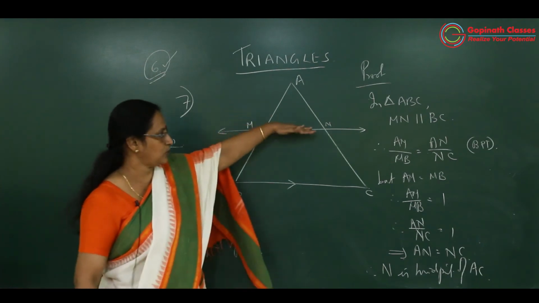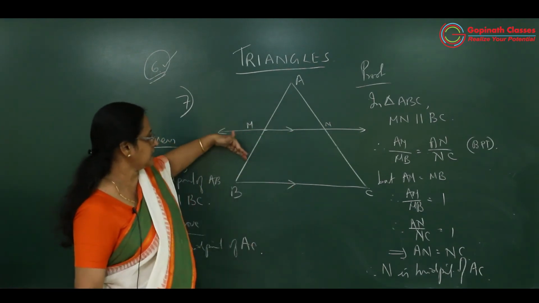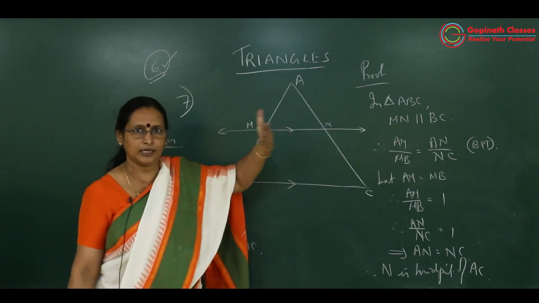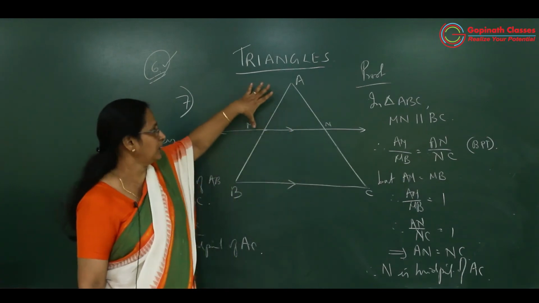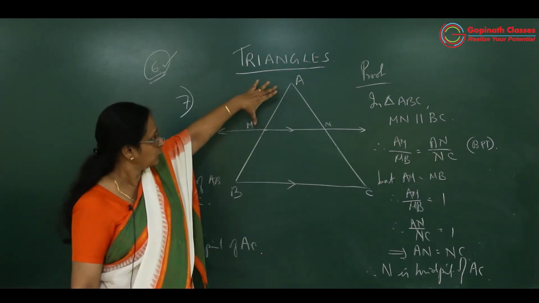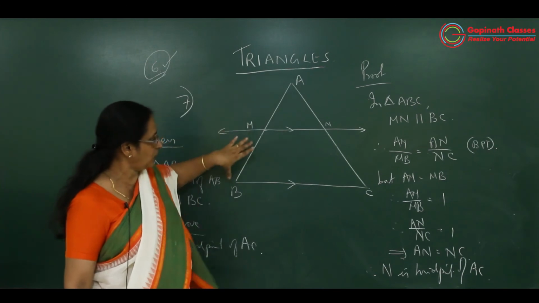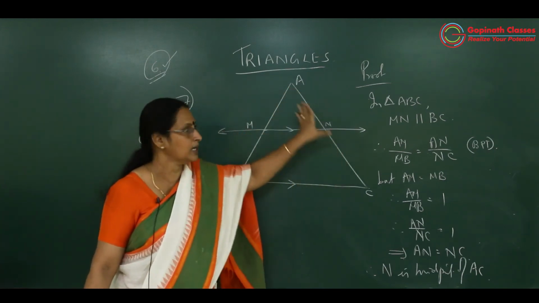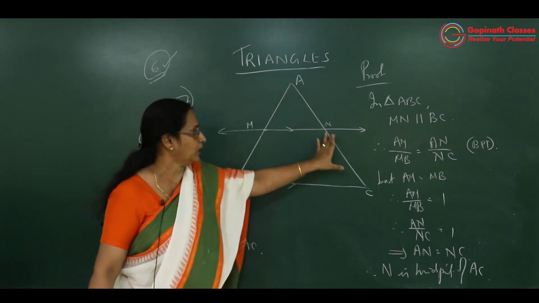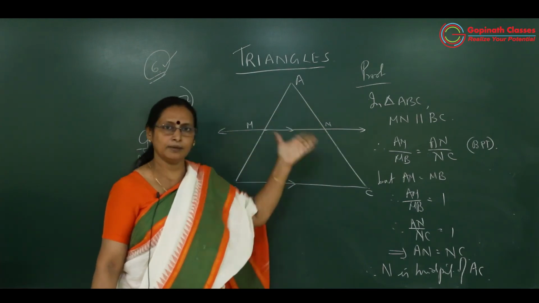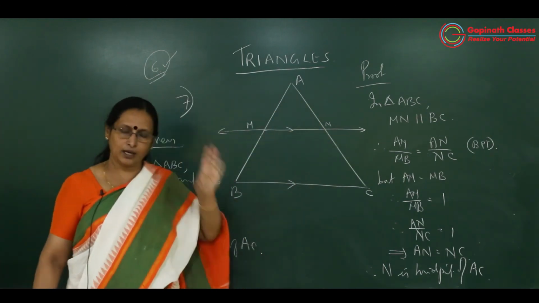Very simple. These two are parallel. So, this upon this is equal to this upon this. That's what we learned in theorem 6.1. But we know that it's given M is the midpoint. तो ये दोनों इक्वल होगा तो इसका रेशियो 1 होगा. ऑब्वियसली इसका भी रेशियो 1 होगा. इसका रेशियो 1 होगा मतलब ये दोनों इक्वल है, ये दोनों इक्वल है, तो N is the midpoint of AC. Okay, this is the.